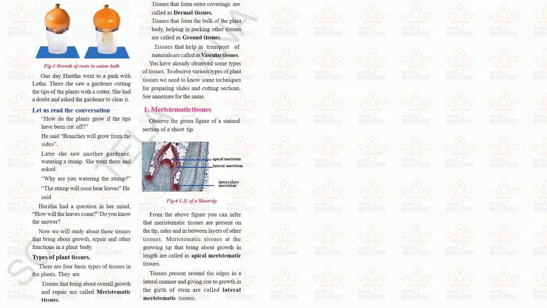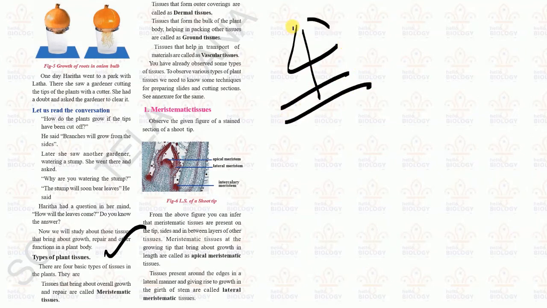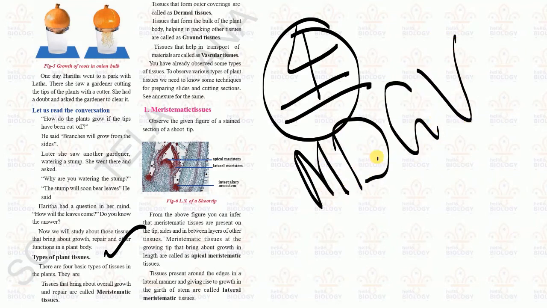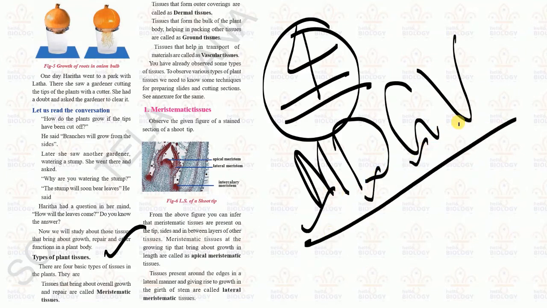Okay, now we will discuss the types of plant tissues. In ninth class it is most important, as this topic will be repeated in your intermediate BiPC first year in botany. Nearly 4 types of plant tissues are there to remember. What are the 4 types? First one is meristematic tissue. Next is dermal tissue. Next is ground tissue, and then vascular tissue. Meristematic tissue, dermal tissue, ground tissue, vascular tissue.